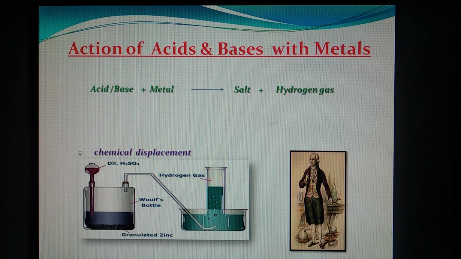Here in the textbook they explain one chemical reaction. See, zinc granules are made to react with sulfuric acid. Then the products so formed are zinc sulfate and liberated hydrogen gas. If you want to know about this chemical reaction in the laboratory, to perform it we use these apparatus.